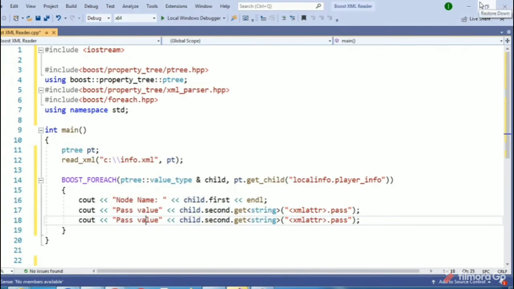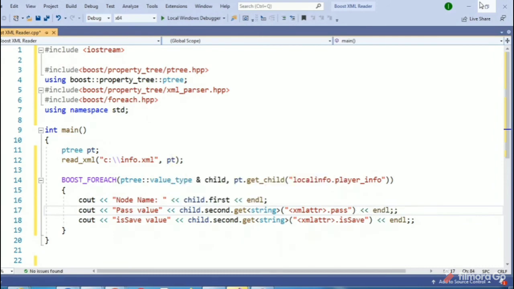So we will use the is save value, the same here, but we will add is save here. Let's also add a handle so that we will get the proper info. Like this we can add all those attributes whichever we want to have.